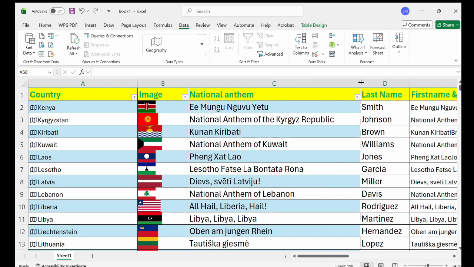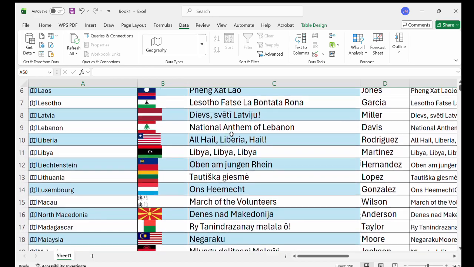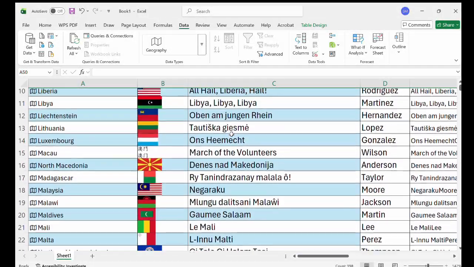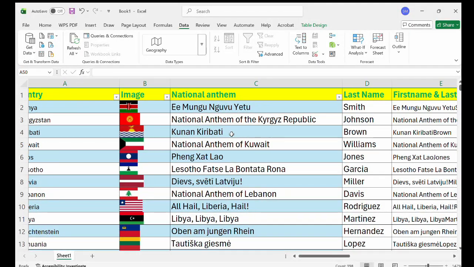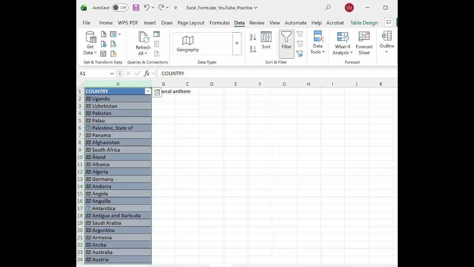Let me do it. Mungu, nguvu yetu. National anthem is public. You can mention in your comments your country, and you will see your national anthem. As I continue here, you can go to